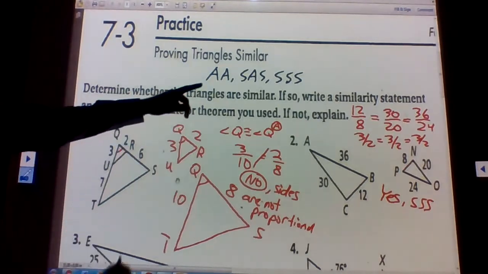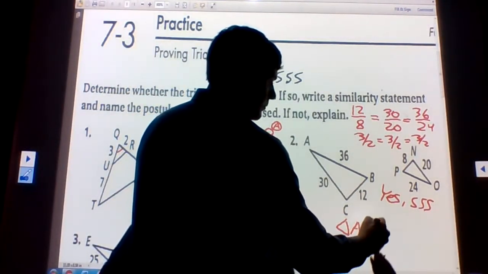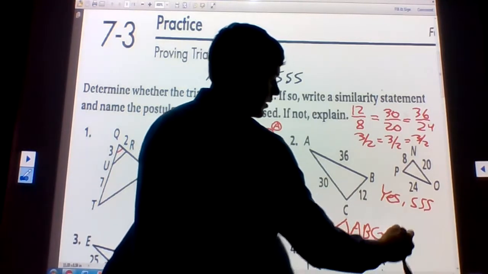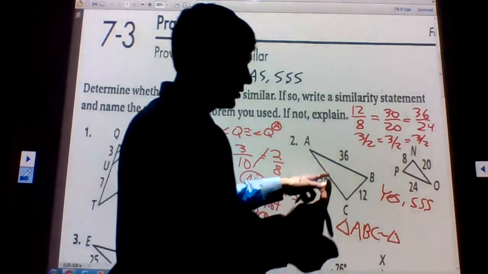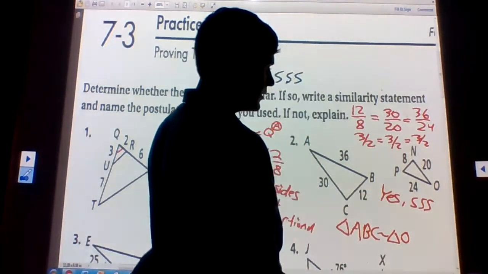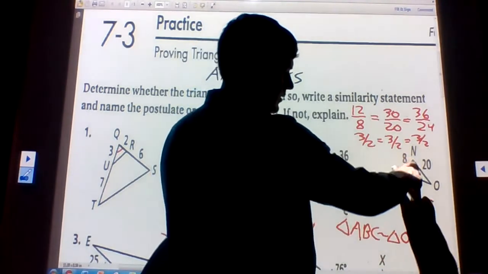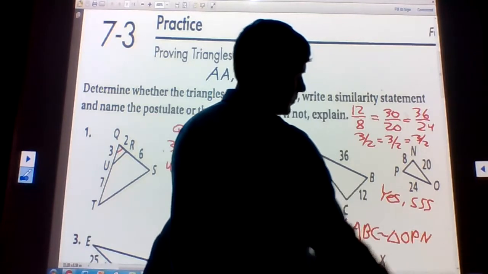We need to also do a similarity statement: triangle ABC is similar to triangle... So A matches up with O. It's between the 30 and the 36, so between the 20 and the 24 is O. B is between the smallest and the largest, so that's P. And then C matches with